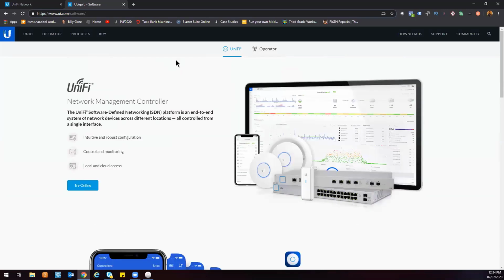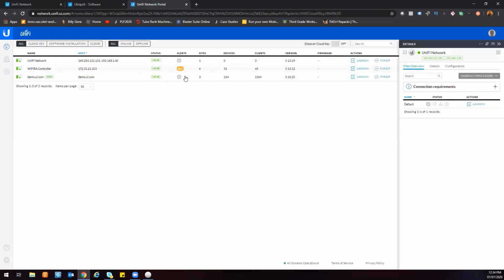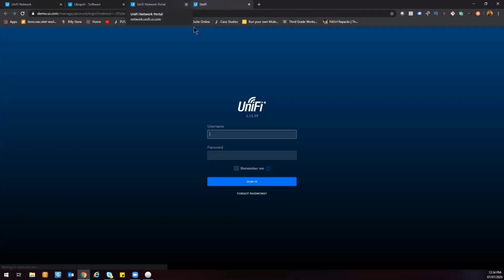And we're interested in the network management controller. There's a demo here that you can try online, so you don't have to install the Unifi Network Controller. You can play around with the Unifi Network. As you can see here, they already have an entry for my recently installed Unifi Network, but we're interested in this demo. So just launch this one,